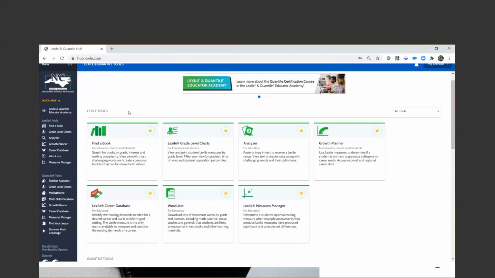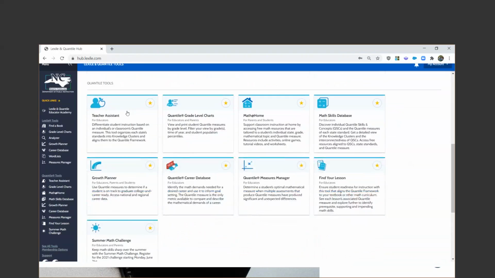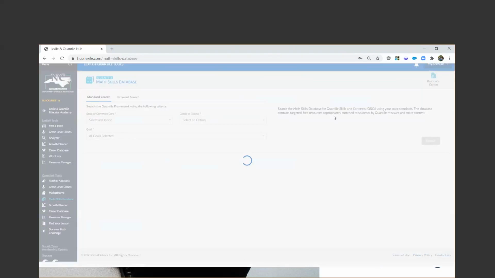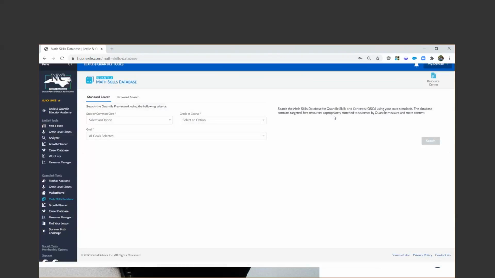And as promised, I'm going to scroll down and take a look at one of our Quantile tools. Just as I did on the Lexile side, I want to share with you our most frequently visited Quantile tool, and that is our Math Skills Database. This is a critical tool for mathematics teachers, because it is within here in our Math Skills Database that